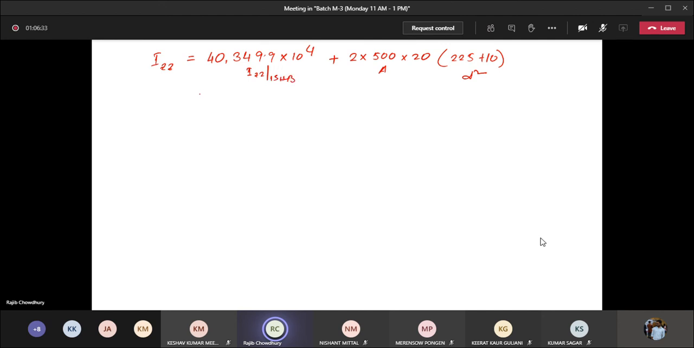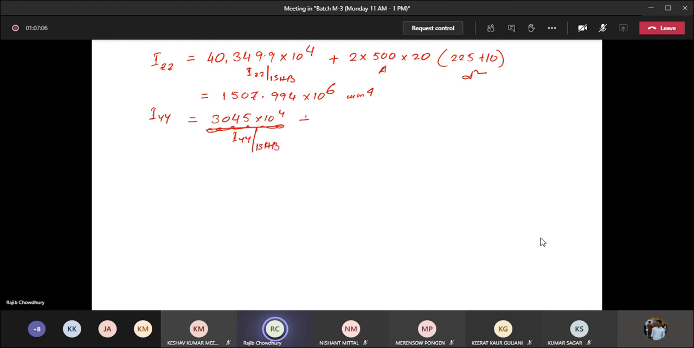Okay, so from here it is coming 1507.994 times 10 to the power 6 mm to the power 4. Similarly, I will be calculating Iyy. So Iyy would be 3045 times 10 to the power 4. This is for Izz. Sorry, this is not divide. Iyy of